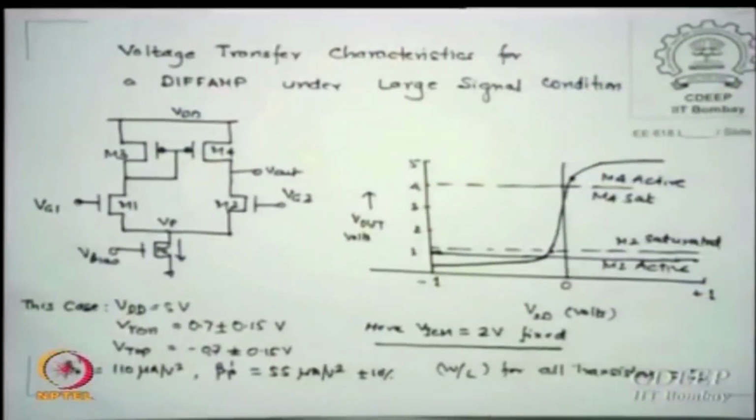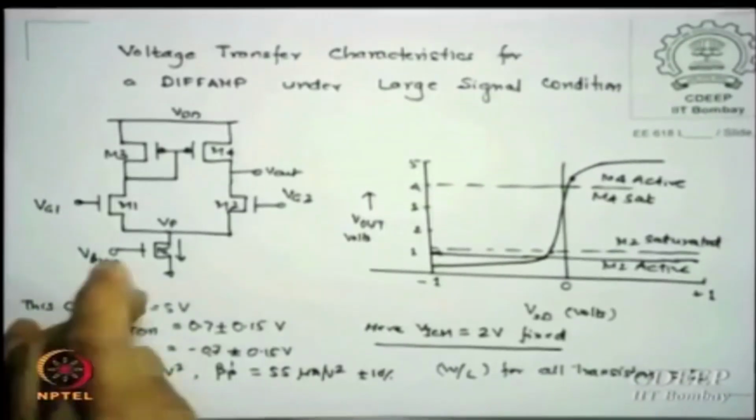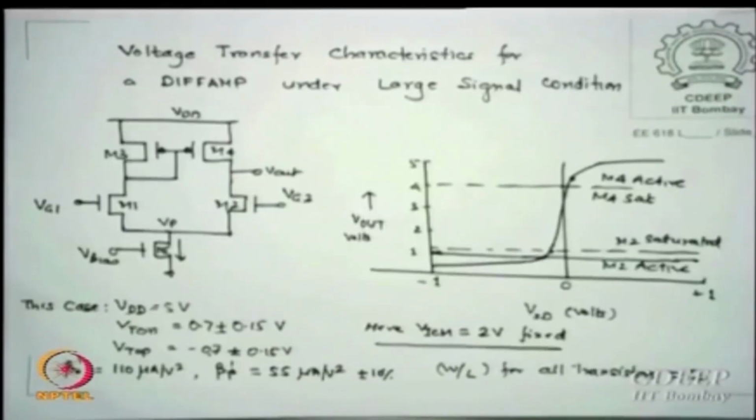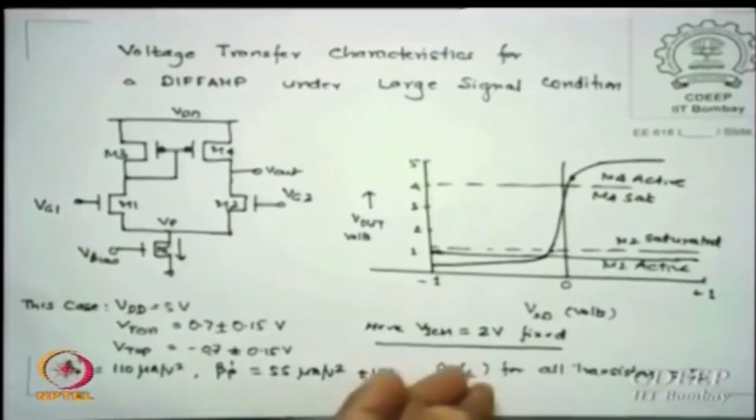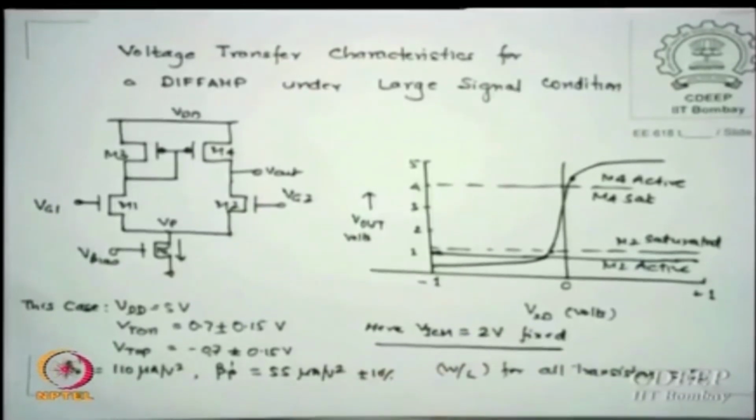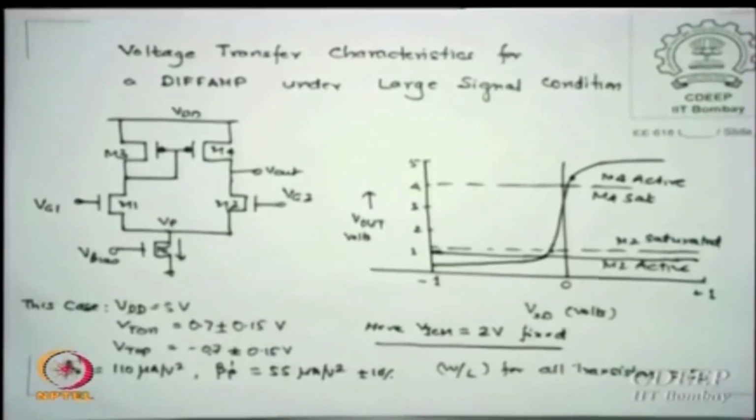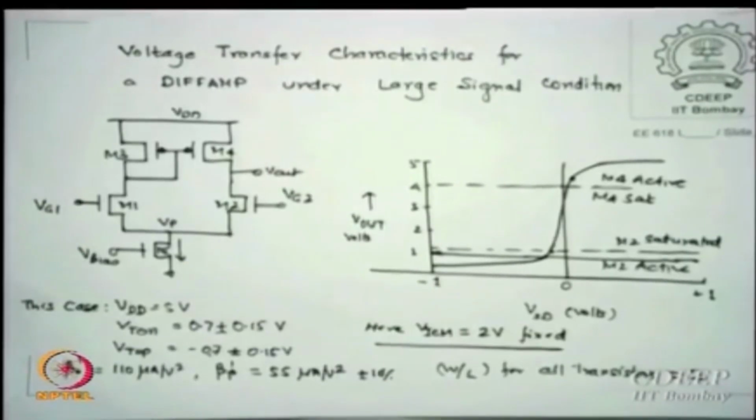There is another number which we are going to use, called input common mode voltage, which is defined as VICM, and typically for this supply, we will come back to this VICM, this is one of the things which we want to calculate or evaluate, but right now assume it is roughly 2 volts which is fixed. W by L for all transistors chosen here is 2, no reason, just that. Is that okay? So if I use this,